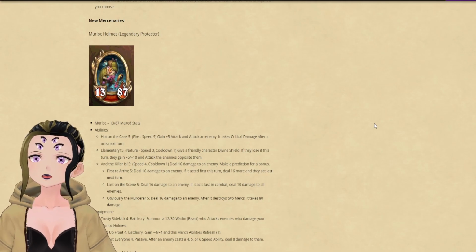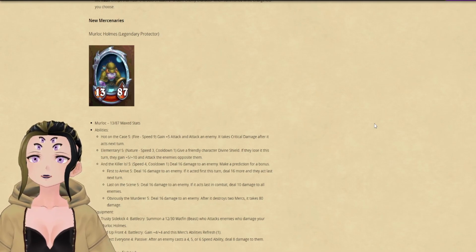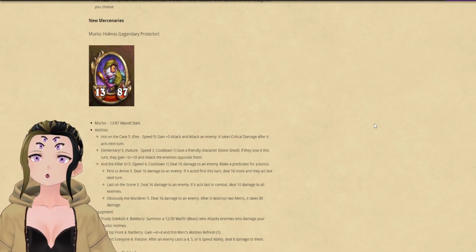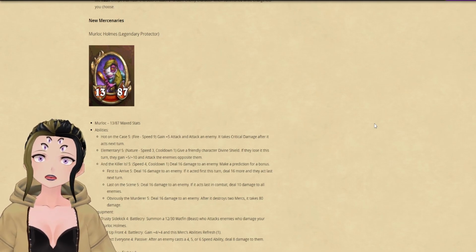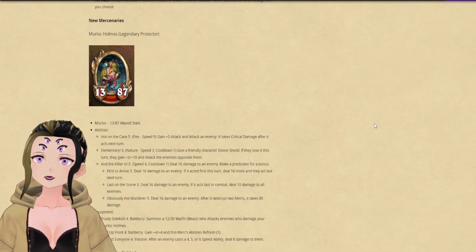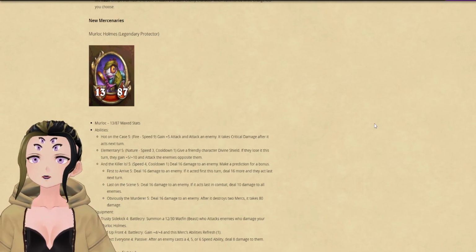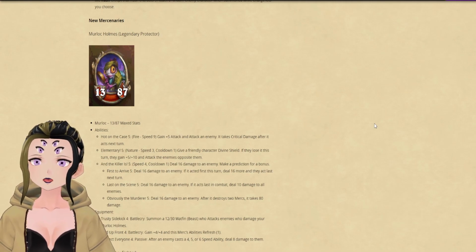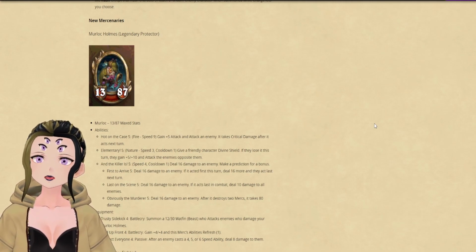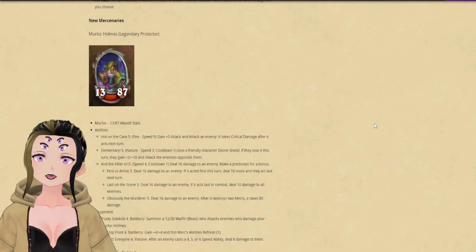And then obviously the Murderer is the final version, which is deal 16 damage to an enemy. After it destroys 2 mercs, it takes 80 damage, which is insane on how much damage that is. It basically can one-shot almost any single mercenary in the entire game, and if you are running against things that do a lot of AoE damage, this could trigger really easily, though it is only on mercs and not just minions, so that's a little bit harder to trigger, but is a good way to come back to the game if you know your mercenaries are about to die on the exact same turn